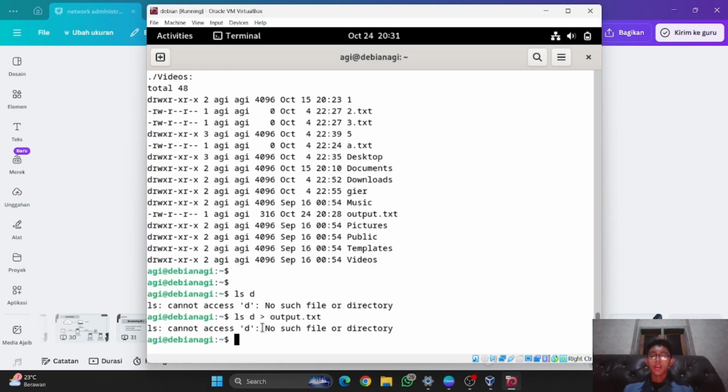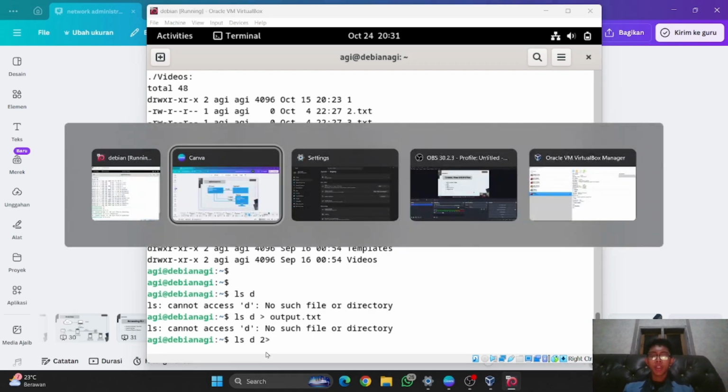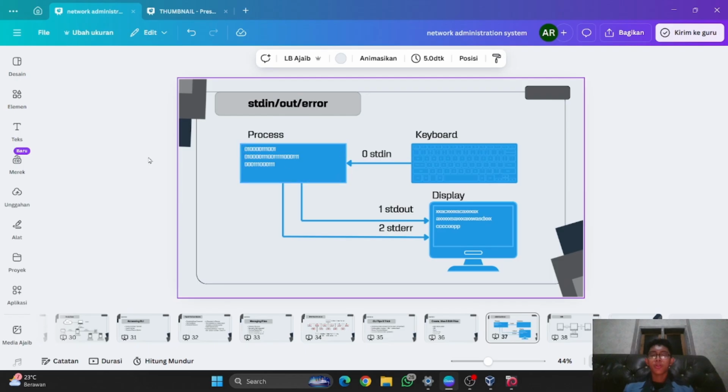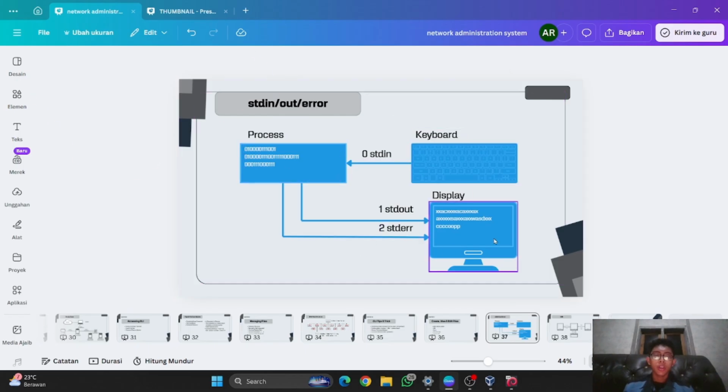Here I will type the command ls d and then 2 and the redirect sign. Why am I using 2? Because when you see in this photo, the error has the number 2, the input is 0, and the output is 1.